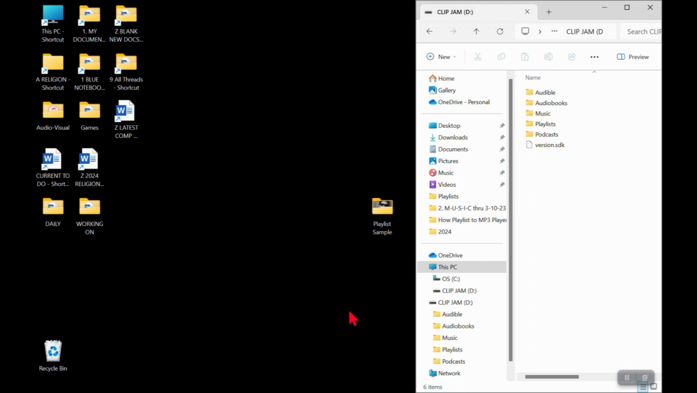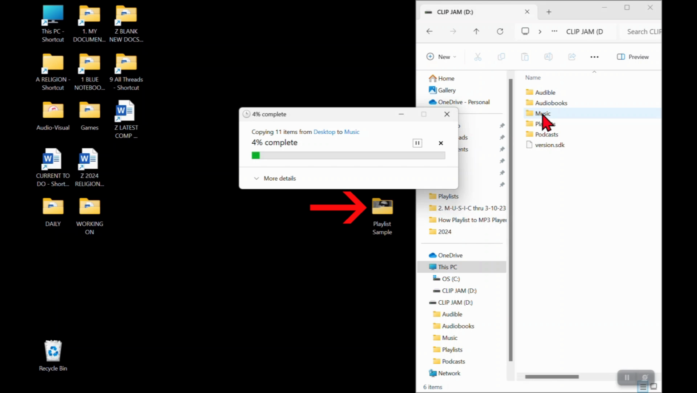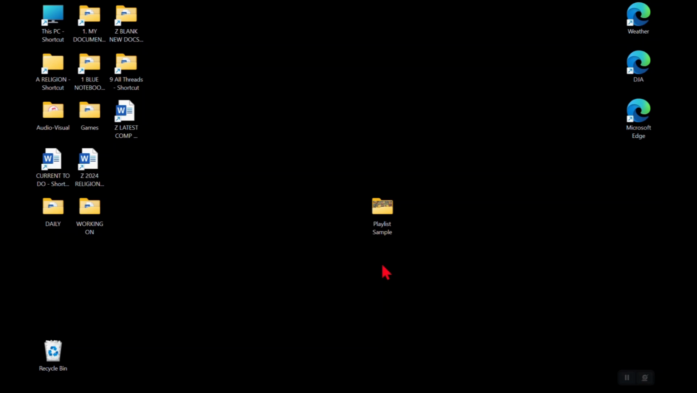Now, if you're fine with random play or by artist play, it's fairly easy to transfer your music. You just drag the folder into your music category. But if you like some order and organization for your songs, as I do, this is how to make a